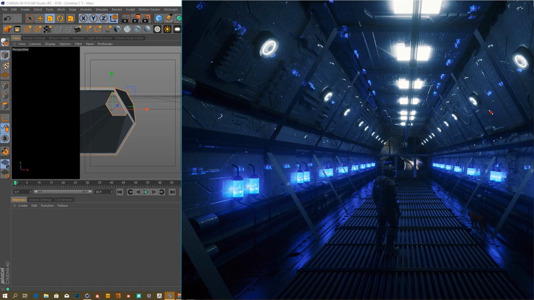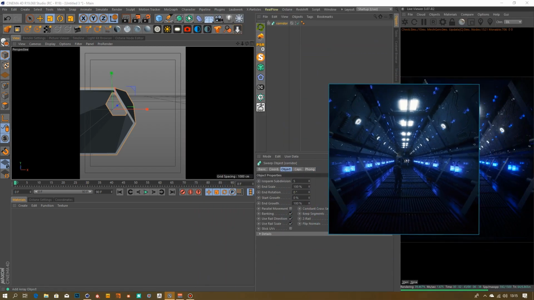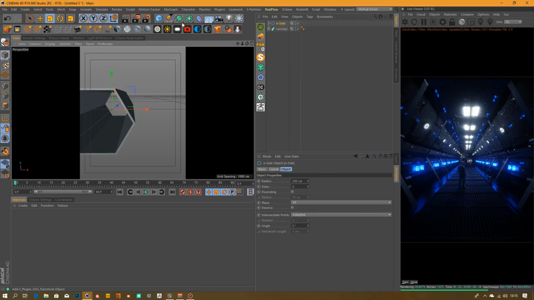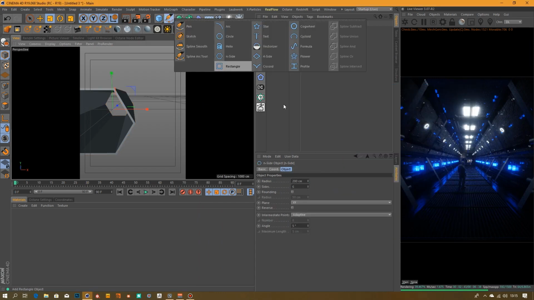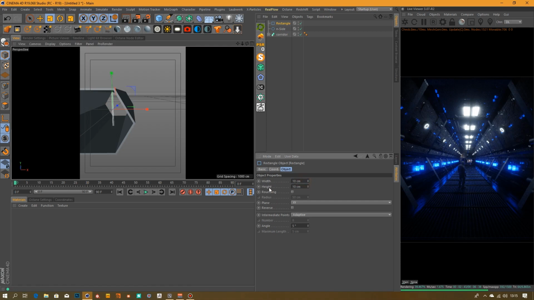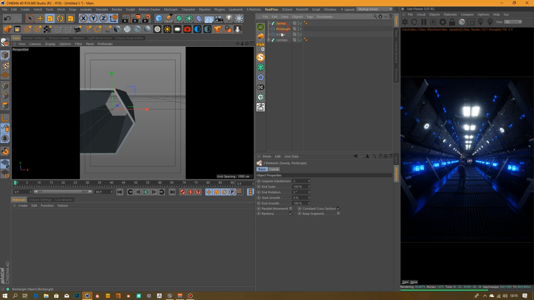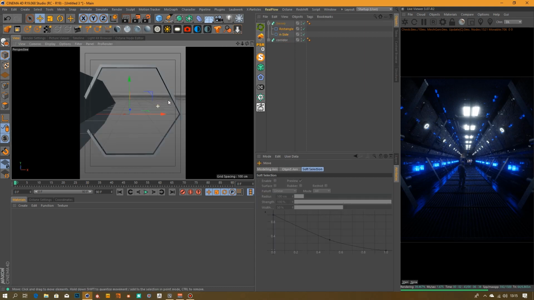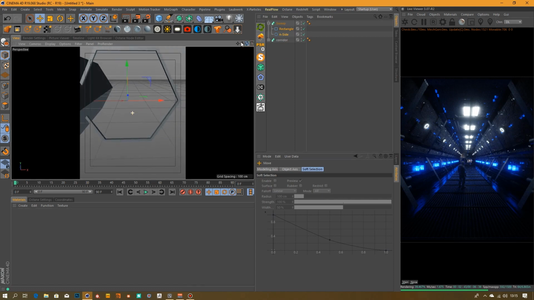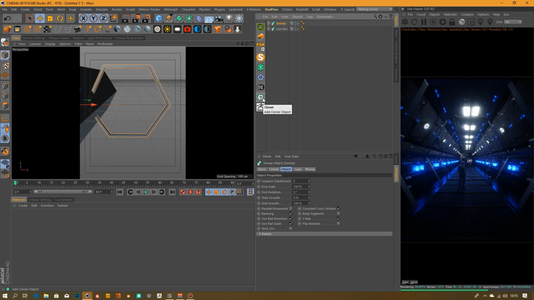For these lines over here, it's the same process. It's nothing very difficult. So put an n-side and then another rectangle, but this time let's make it 10 by 10. And then let's put another sweep. Throw it into that, and then you can see the sweep over here. And then if you put the sweep into a cloner,